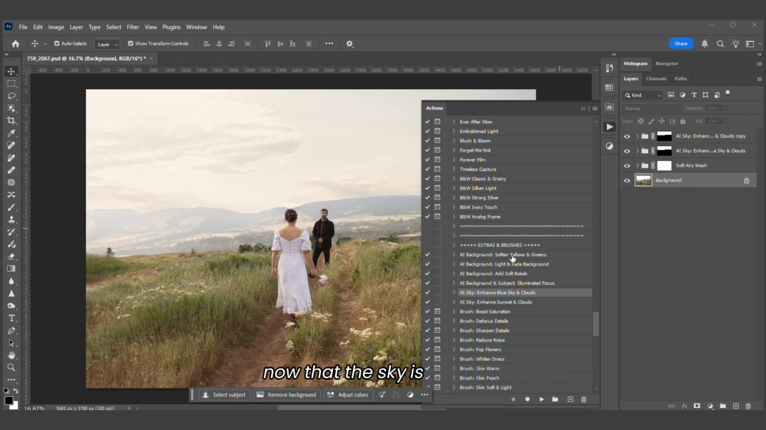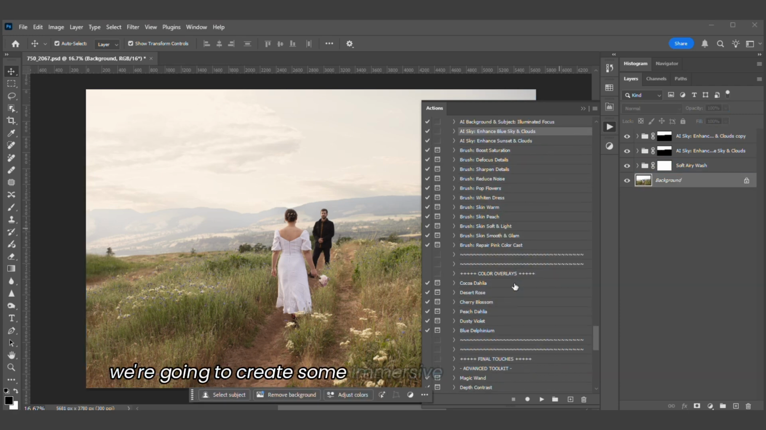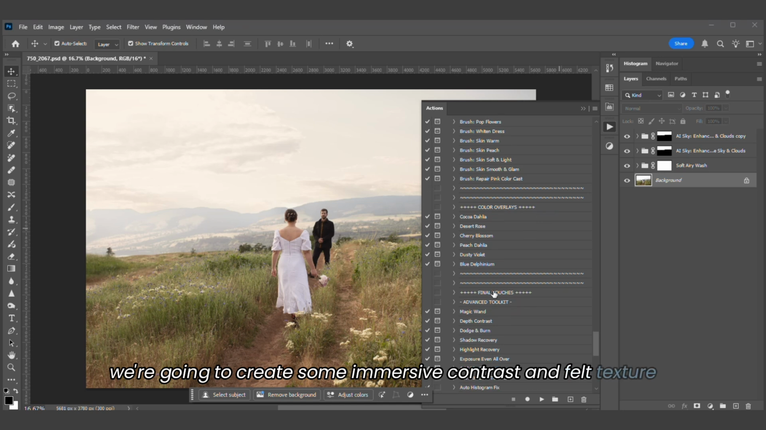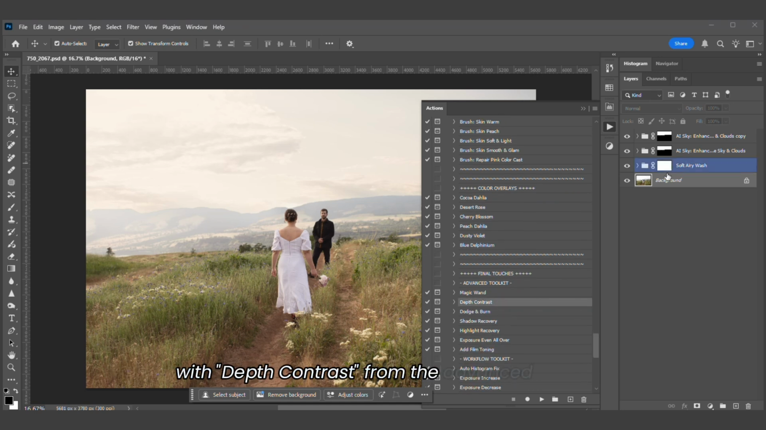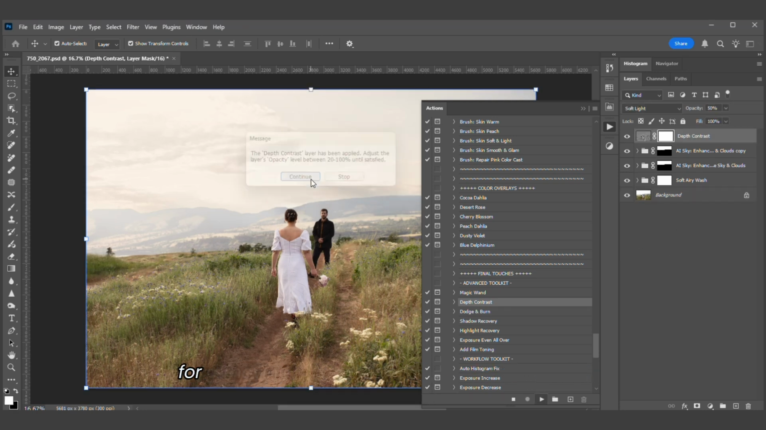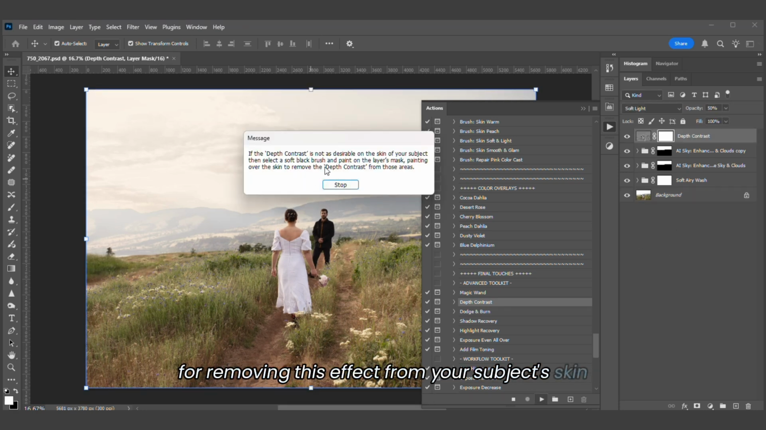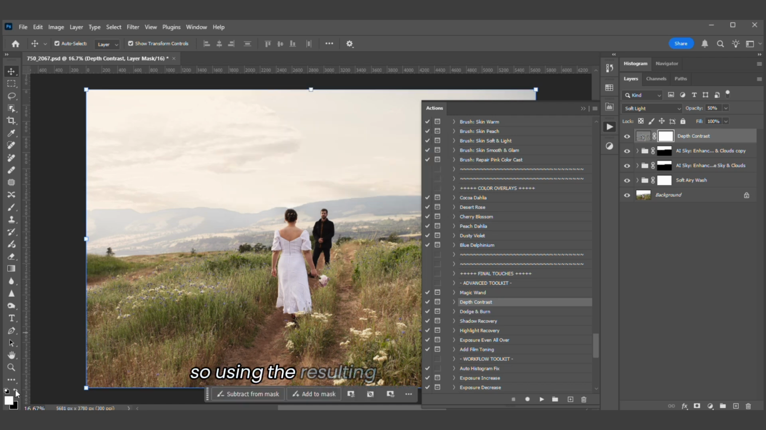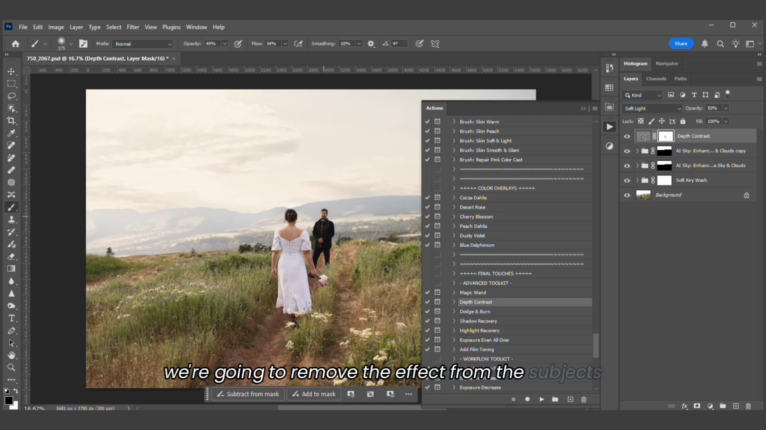Now that the sky is popping, we're going to create some immersive contrast and felt texture with Depth Contrast from the Advanced Toolkit in our Final Touches section. When you play the action, you'll see our suggestions for removing this effect from your subject's skin. So, using the resulting mask and a soft brush, we're going to remove the effect from the subjects to maintain